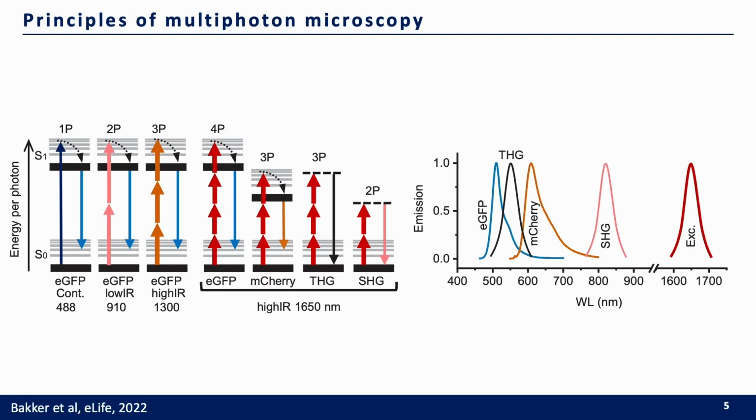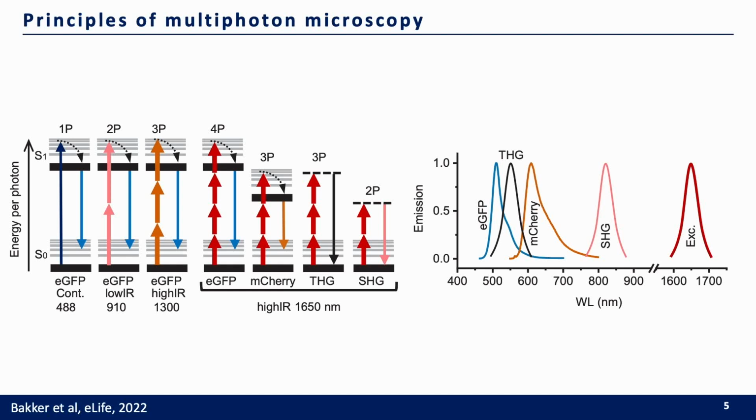By using even longer excitation wavelengths, so from 1300 nanometers to 1700 nanometers, and also higher pulse energies enabling three-photon excitation, the imaging depths can be doubled to 1400 micrometers, compared to the 700 micrometers depth that is achievable during the two-photon imaging with an excitation wavelength of 700 nanometers. So to obtain the three-photon effect, a 5 to 10-fold higher peak power is required to generate the same amount of fluorescence as compared